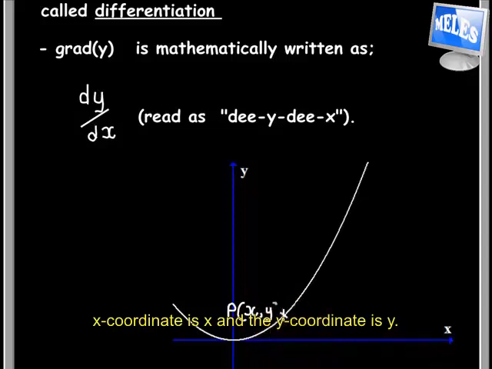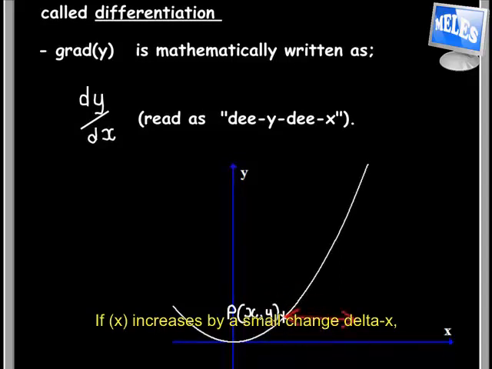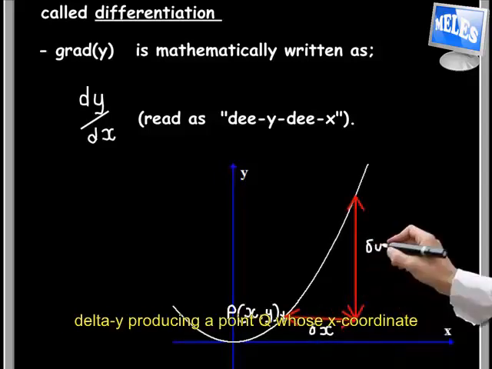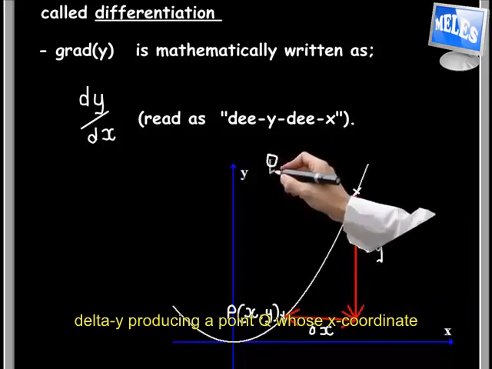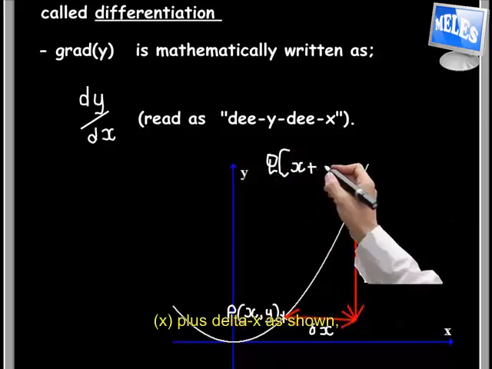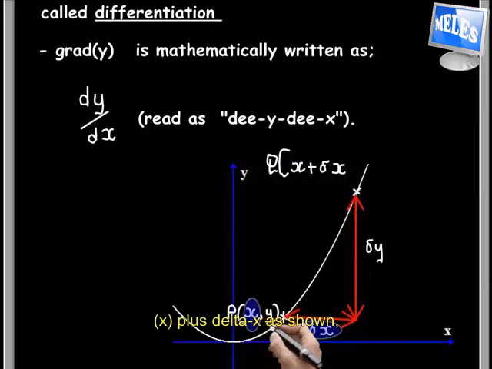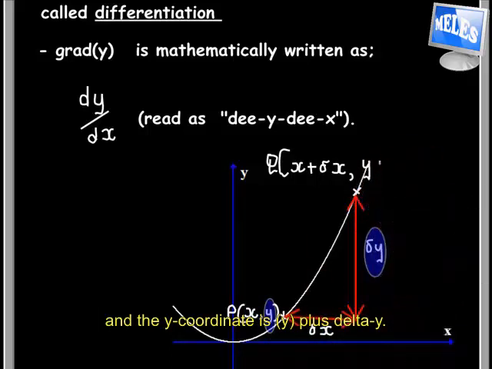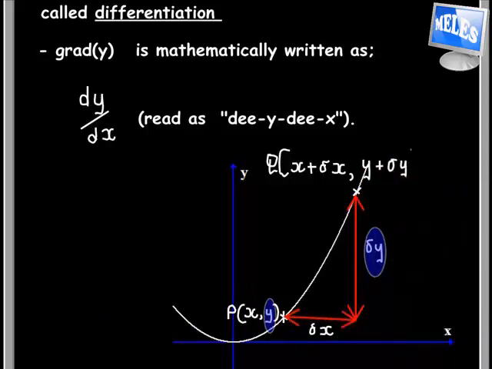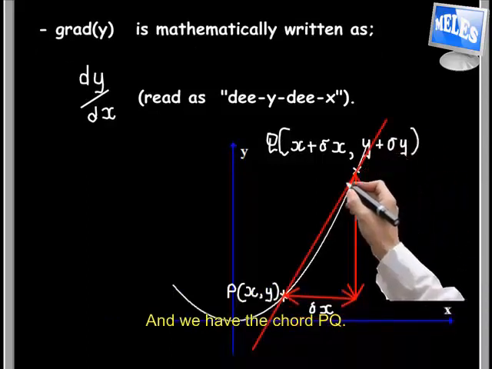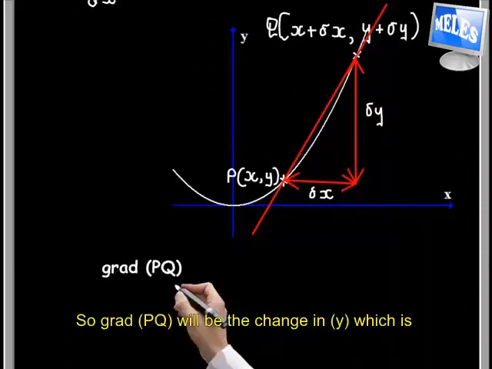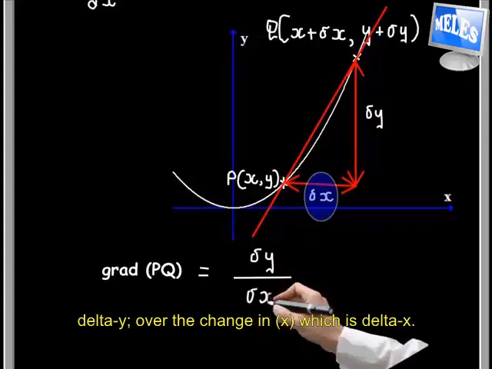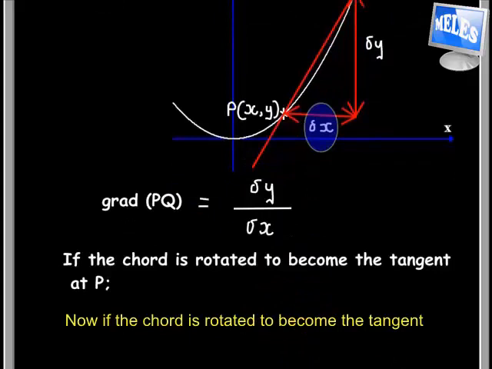is y. If x increases by small change delta x, y will correspondingly increase by small change delta y, producing a point Q whose x coordinate is x plus delta x as shown, and the y coordinate is y plus delta y. And we have the chord PQ. So grad PQ will be the change in y, which is delta y, over the change in x, which is delta x. Now, if the chord is rotated to become the tangent at P,